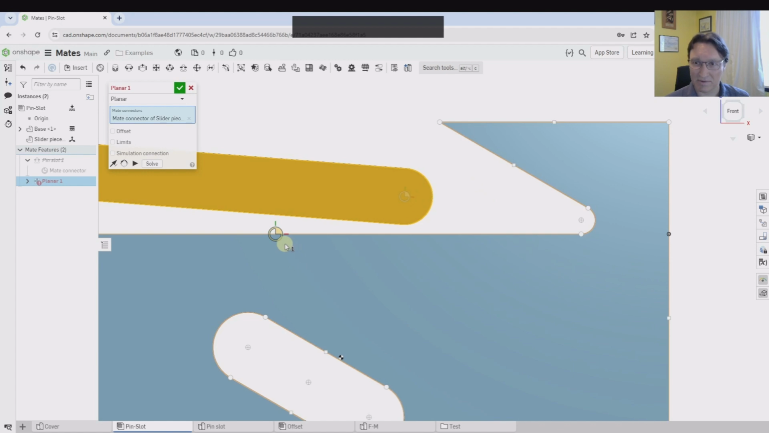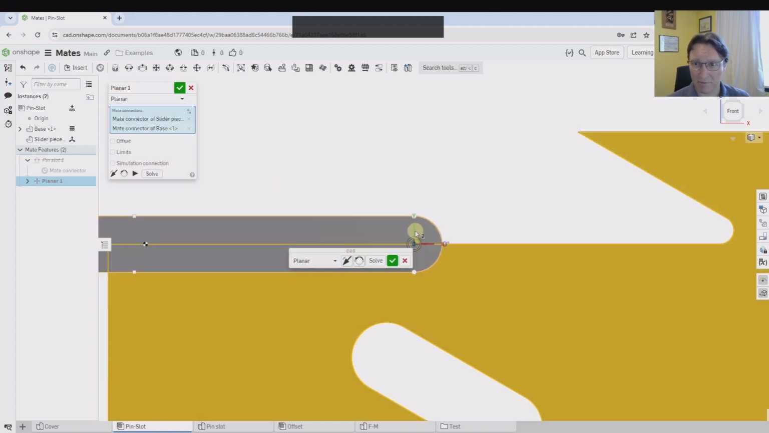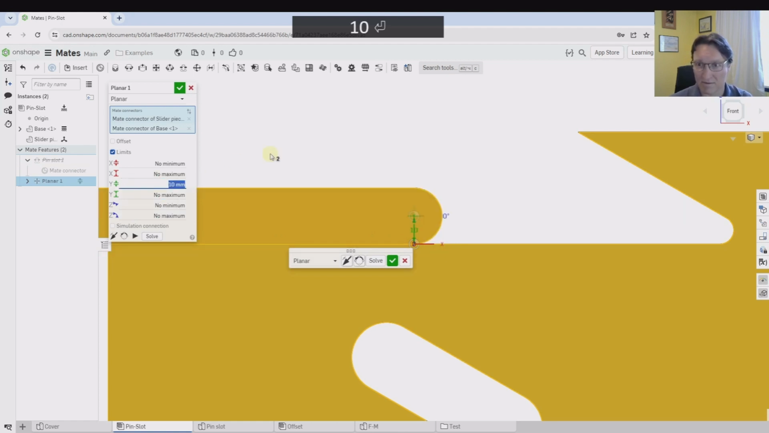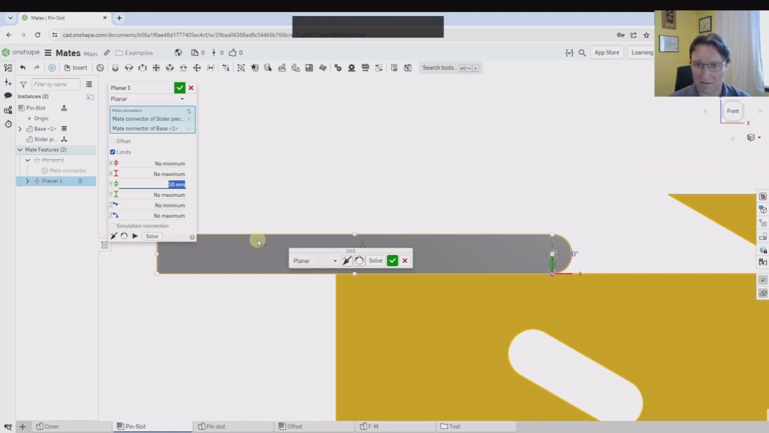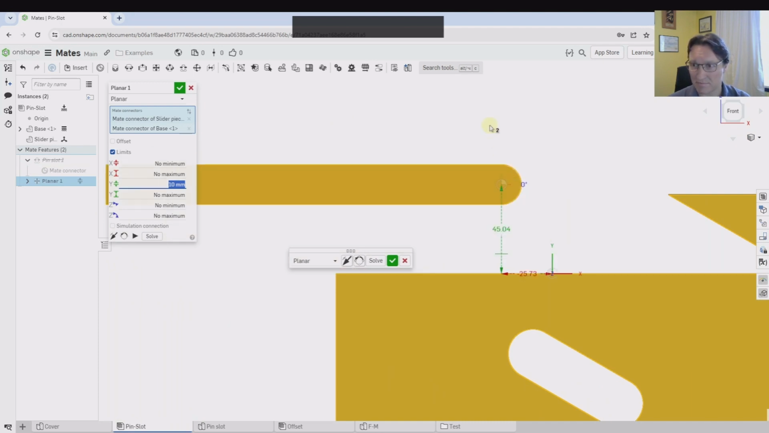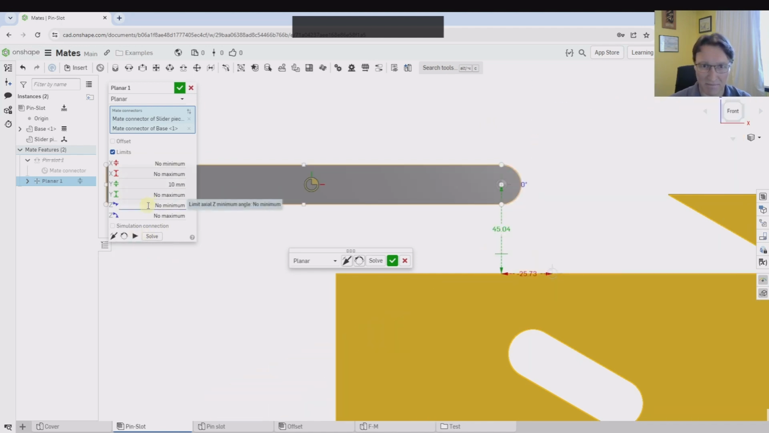So I'm gonna grab this and this with a planar, but I will put a limit because obviously I don't want it to go through, and I really want it to be, this is 20mm wide, so I'm gonna make this minimum of 10. Now I've got this, and I do want to also put an angle limit,